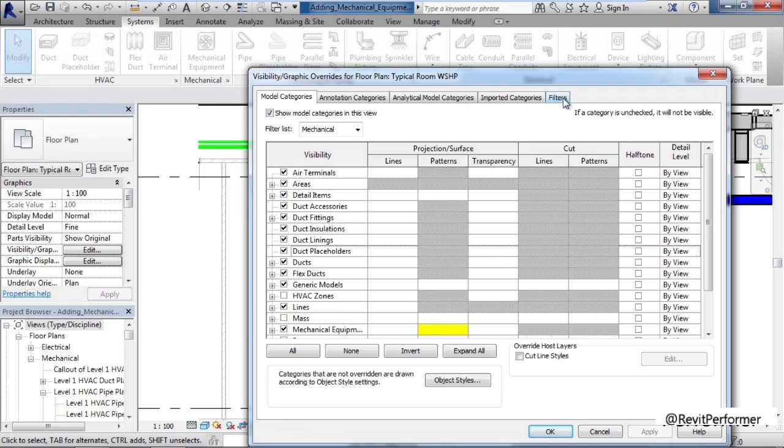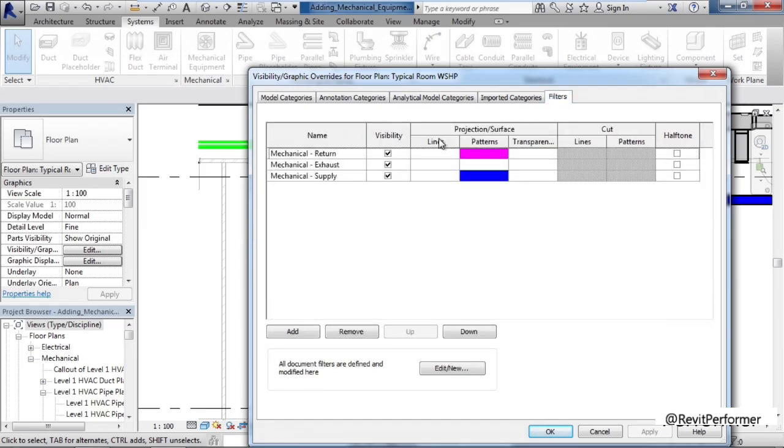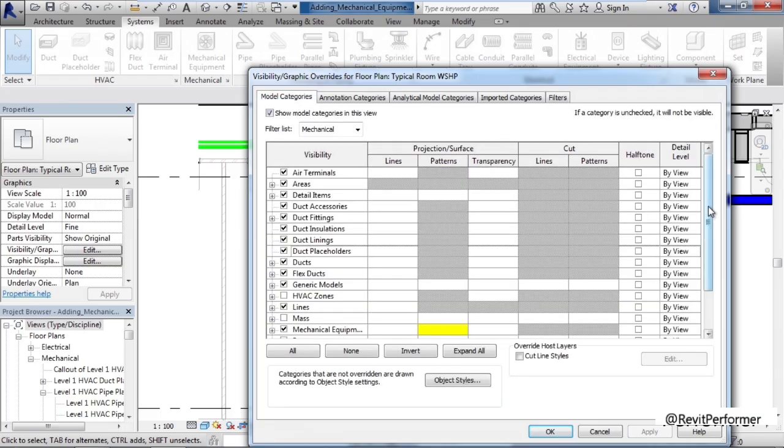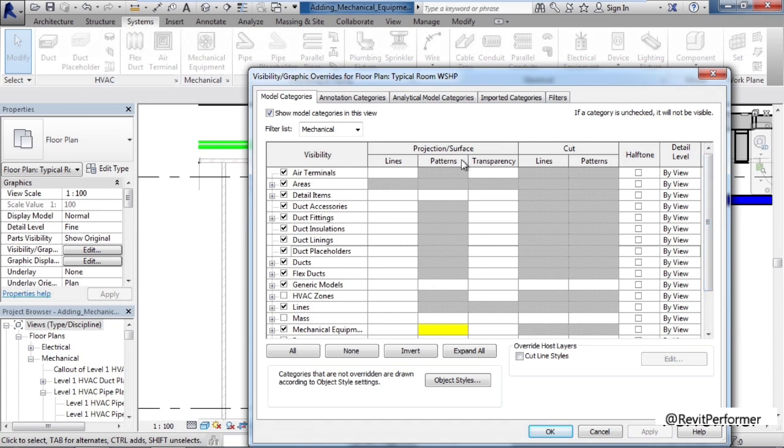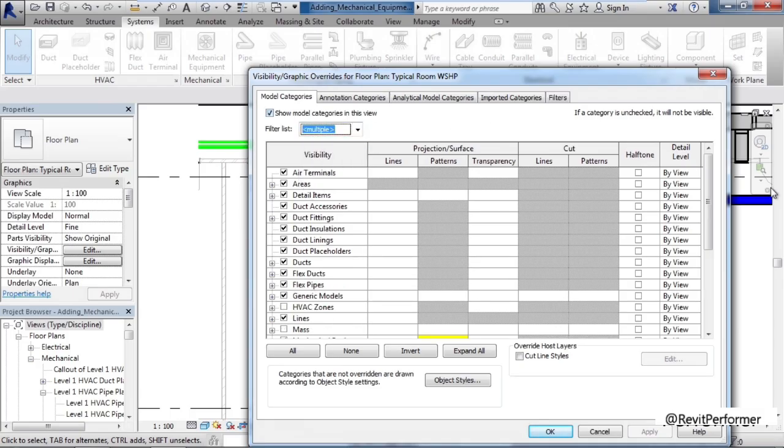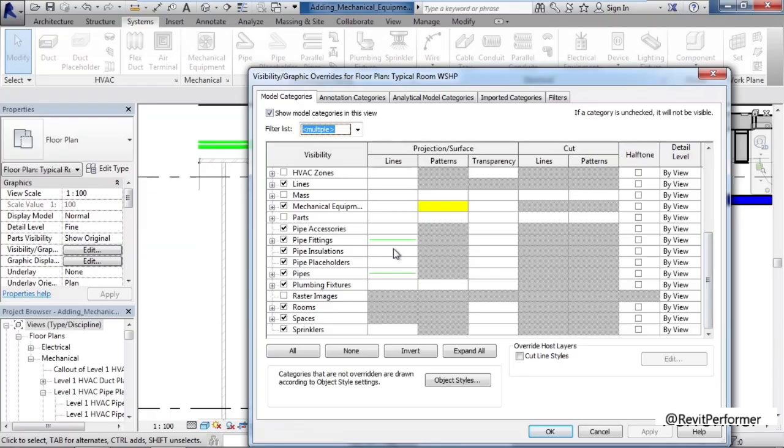If you go to Filters, the very last tab, you can see that I have colors predefined, in this case, with my mechanical supply, return, and other systems to display within my Revit model. You can go through and update or change any of these elements, overriding the default value for that view. All right, now those were mechanical. If I look at my filter list, I could turn on piping, and I could see all of my piping elements and all of the overrides for piping. Here I see the pipe fittings and pipes are green for lines. So that's what dictates the green color for my lines within my piping. I need to click OK.